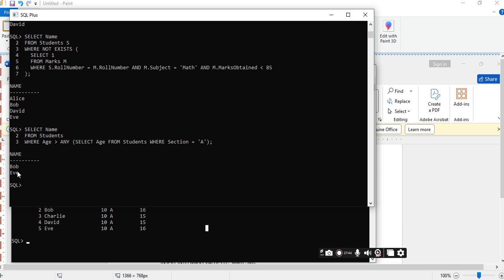Two outputs will be there, because if you take 15, this will return 15 and 16 both the values. So if you take 15, then age 16 will be greater than 15. So corresponding to 16, all the students' details will be displayed. Next, if you select 16, 16 is not greater than 16, so it is not displayed. So only these two values will be there. Next,